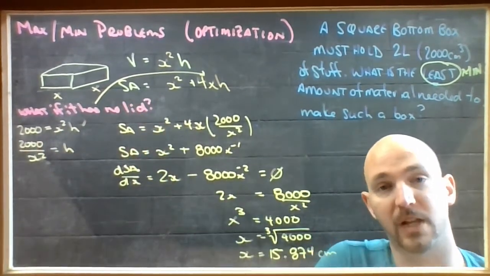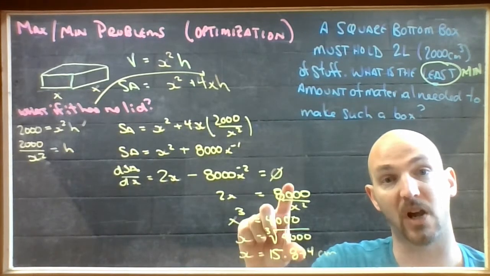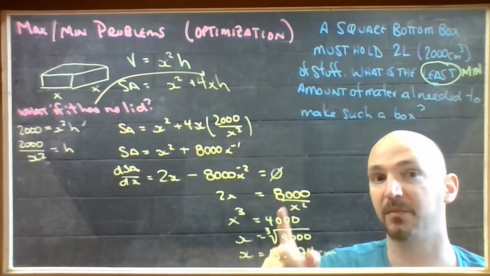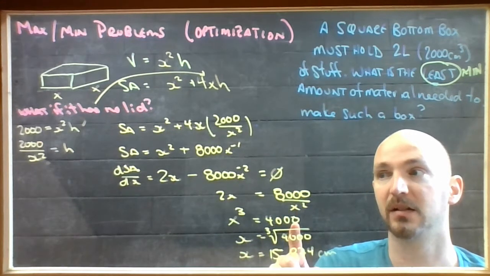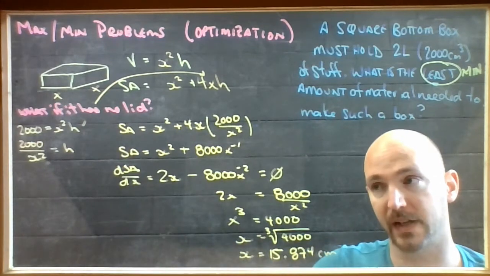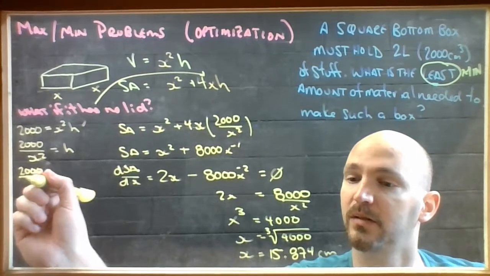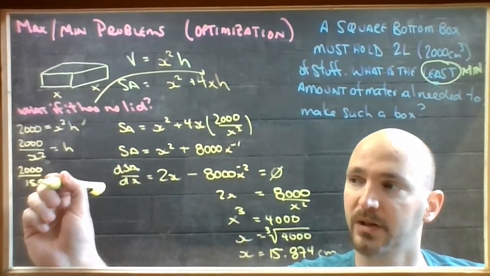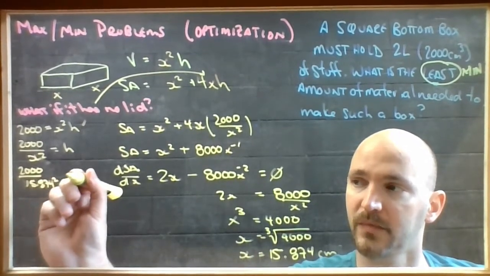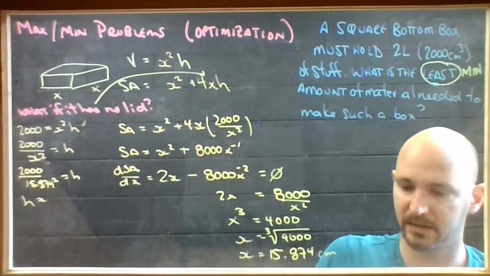Changing whether or not I have a lid on this box has allowed the box to be taller and still have the minimum surface area. So I'm going to take this number, park it back in here and find h. So 2,000 over 15.874 squared equals h. So h is approximately, let's see,